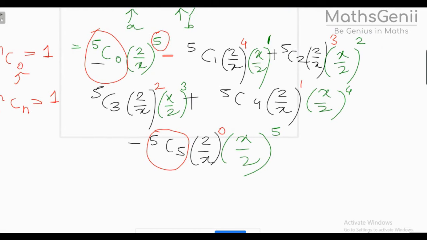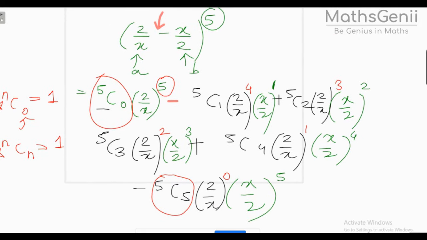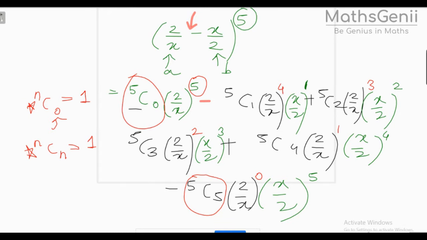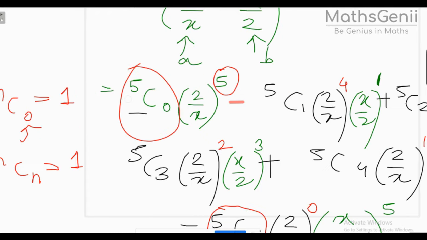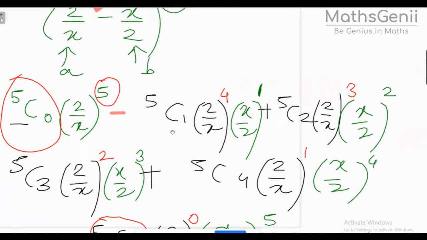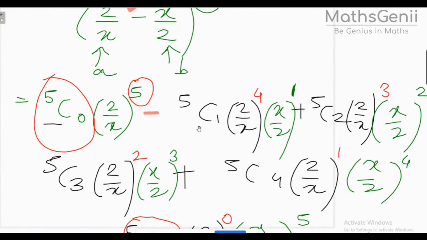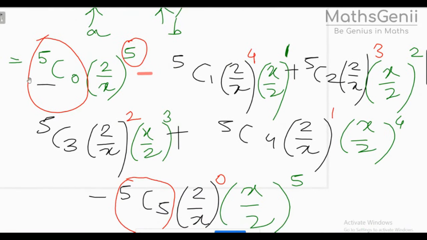So you just have to expand this ahead and solve it. The question will become very lengthy and I won't be able to cover the entire video. So I'm not solving it, but these were the hints that I've given. It's a textbook question. You can easily find the solution of this. I hope you have understood how to expand. Always remember there's a minus sign, so you will have alternate signs here: plus, minus, plus, minus, plus, minus.